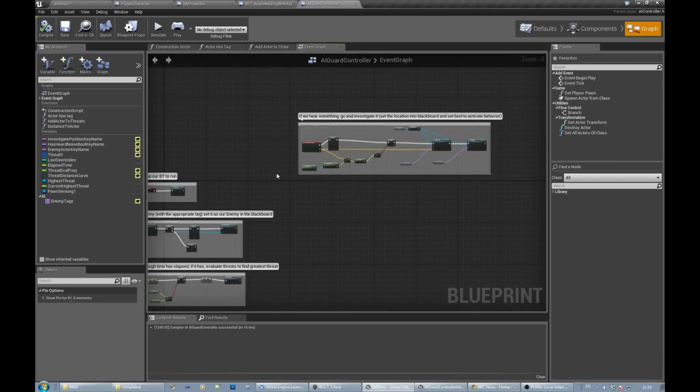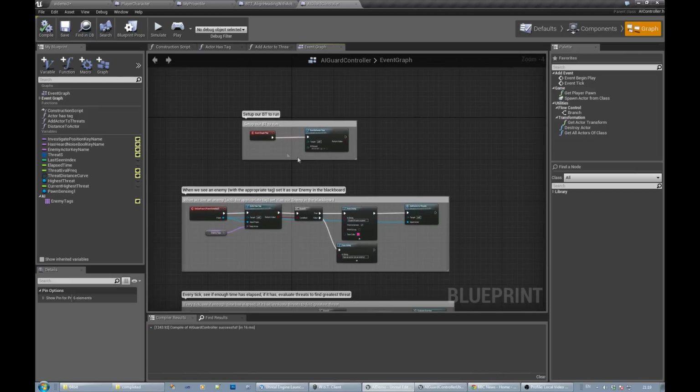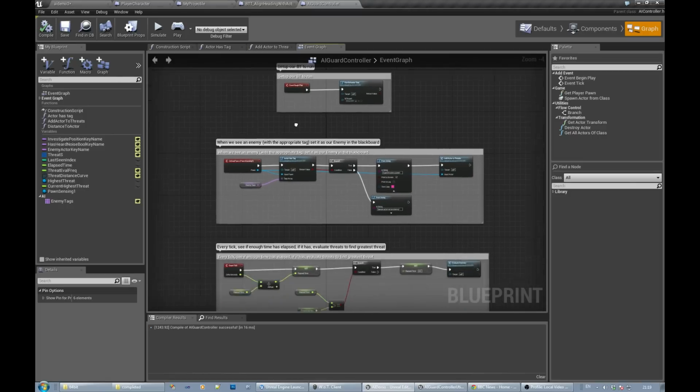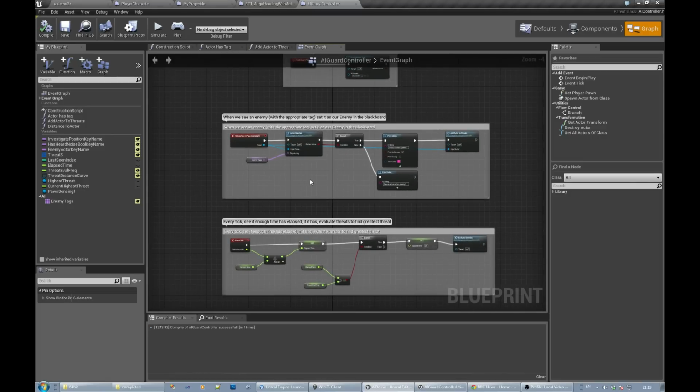We can ignore the herd thing. So we're basically just running the behavior tree as per normal, right? What we're saying is set up our behavior tree to run. When I see an enemy,